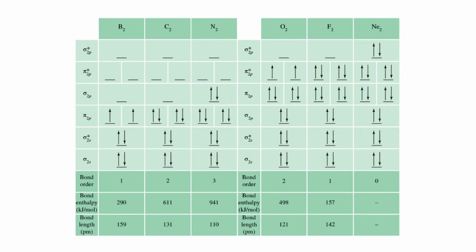B2 is in this first column, then C2 for carbon, then nitrogen, N2 like we did on the last slide, oxygen like we also did on the last slide, and then fluorine and neon. And I think if you look at the bond order over here for Ne2, you're going to discover, let's see,